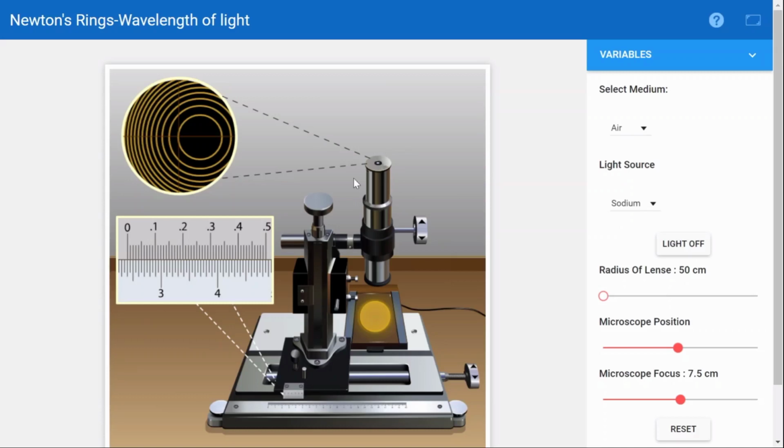Okay, now can you see over here that if I am going to the left hand side, this is my main scale. So what is the reading on the main scale here? Can you tell me the reading of the micrometer on the left hand side? This is 2.5, right?